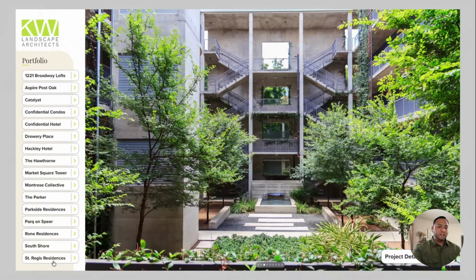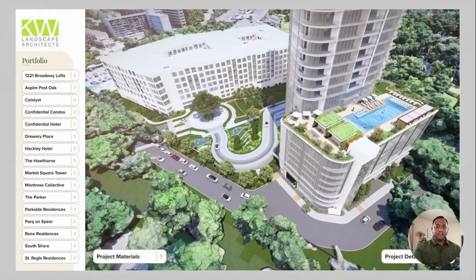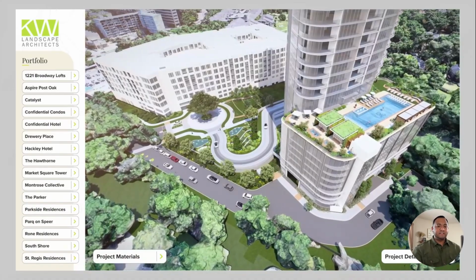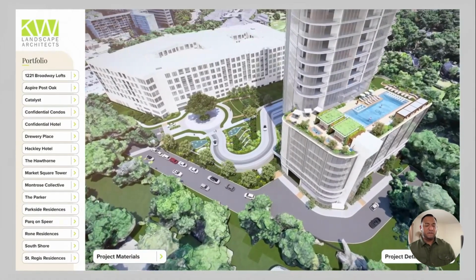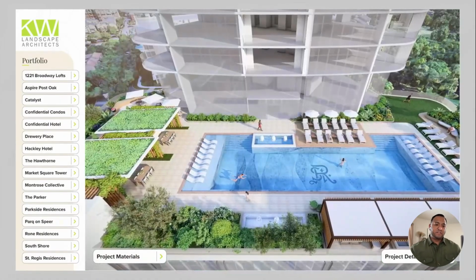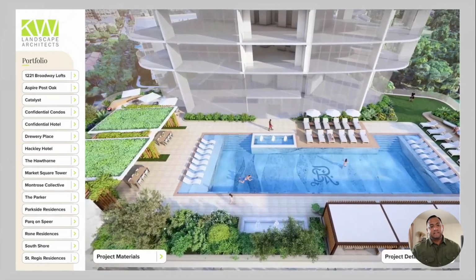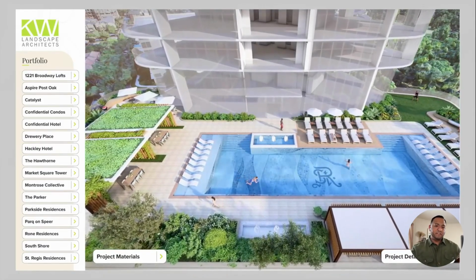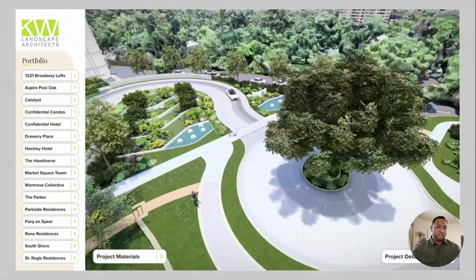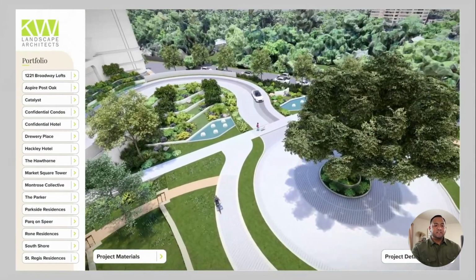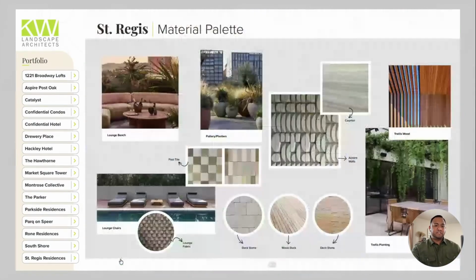One of the other ones I'll click on is the St. Regis project. It's a high-rise tower in Houston. You're seeing a rendering image, so this is all 3D design from our team. You get a chance to experience all the spaces intimately, right? And a chance to see the project. But we went a little bit deeper. We chose to also show what materials we used